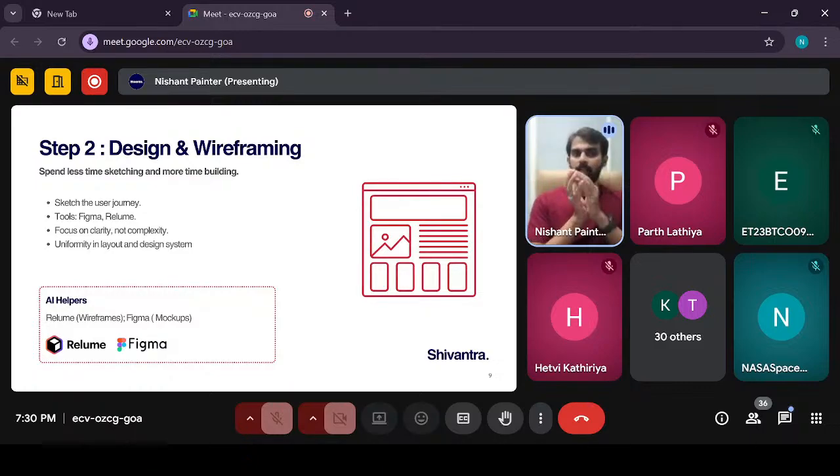We then do the design and wireframing, and we'll use tools like Relume to design the wireframes and mockups. And Figma is an online design collaboration tool in which there are different libraries of components, as we just discussed. So you can copy and paste those components and see how your web app will look, right? So this is how you should make use of Relume and Figma in designing and wireframing your web application. Okay, so this is step number 2.